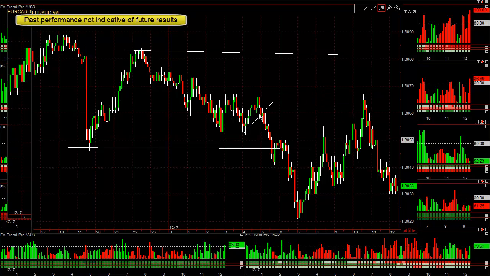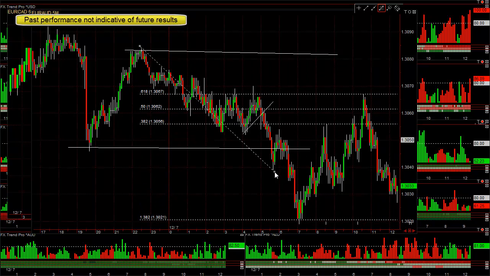And if you got into that trade or even sold this level here, you want to draw your fibs on that wave to get an idea of where to get out. And look, it went right to the 1.382 fib target, and you would have been short somewhere around 55, out at 20. Or if you waited for it to break this low, and then it kind of went back above it